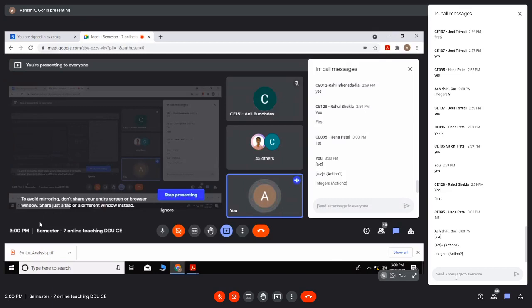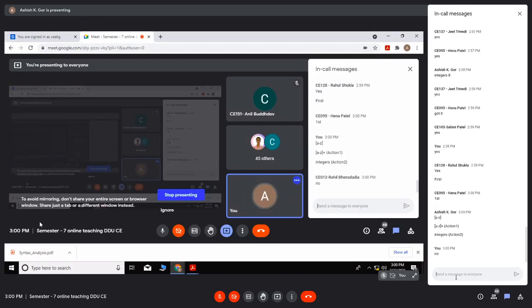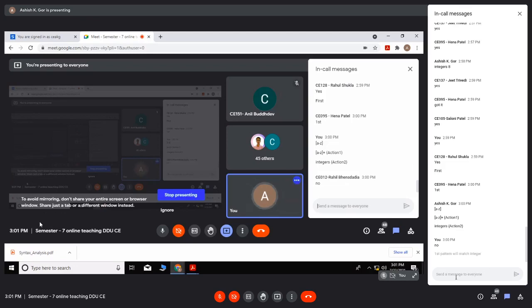Let me say that this should not happen. Rahil is saying correct. Any reason, Rahil? Integer, then action 2. Why? Because the first pattern will always match. Very correct. So integer has to be written before A to Z plus.